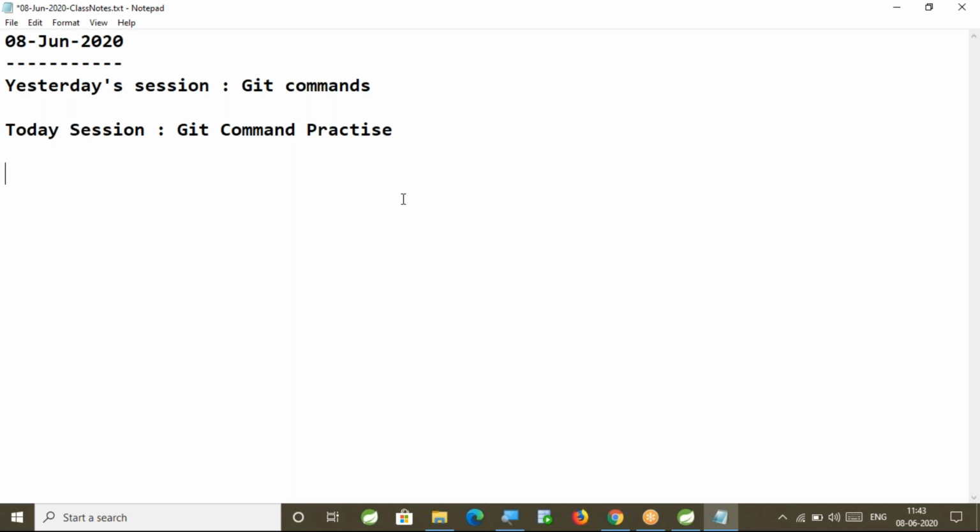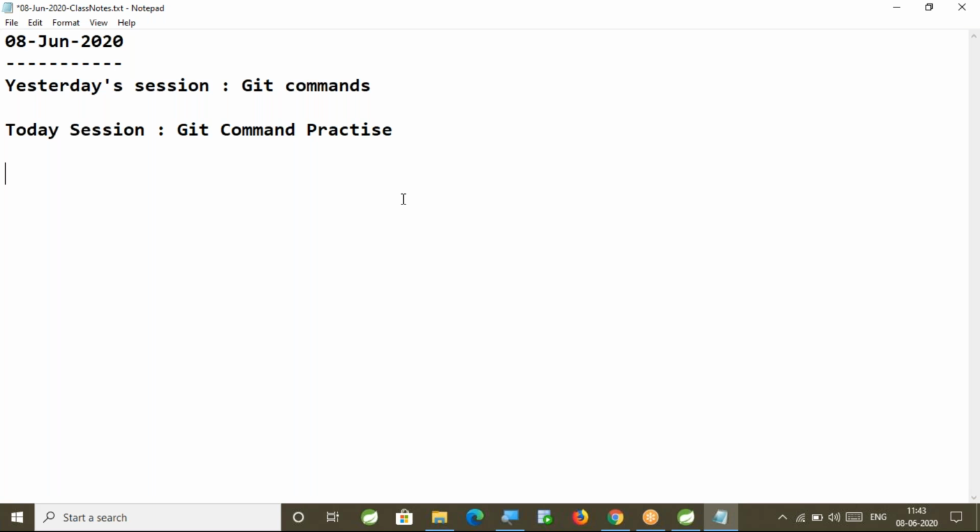Hi guys, good morning. In the last session, we have seen a few Git commands and we experimented with those Git commands also. Today also we are continuing the Git commands, right? As part of today's session, I will show you how to push one Spring Boot application to a Git repository. In the last few sessions, we have seen how to push one Java file to the repository, right? Now, how to push a whole project to a Git repository from the Git Bash, we are going to understand.